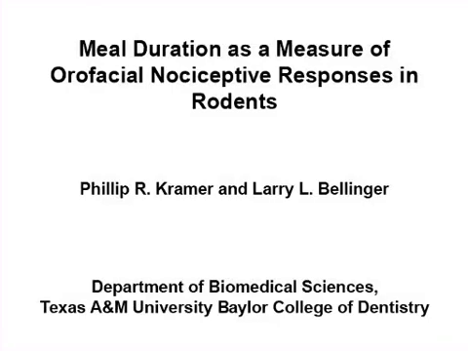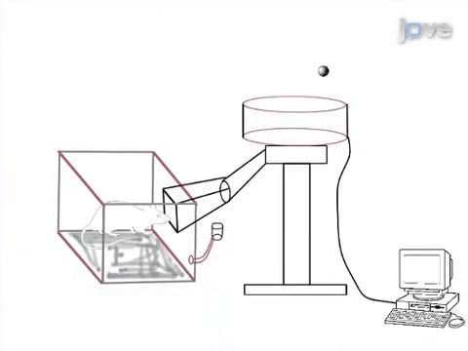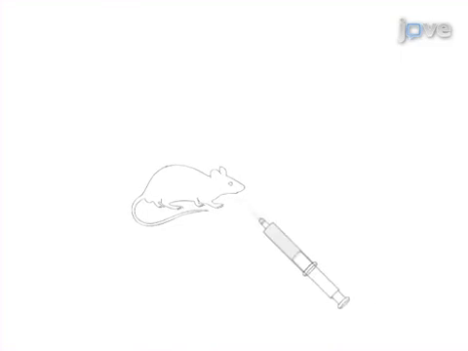The overall goal of this procedure is to determine that meal duration measurements are a quantitative correlate to jaw and tooth pain. This is accomplished by first placing the rats in feeder cages to get a baseline measurement of meal duration. Once baseline measurements are obtained, a pain-inducing agent is injected into the temporomandibular joint or knee joint as a